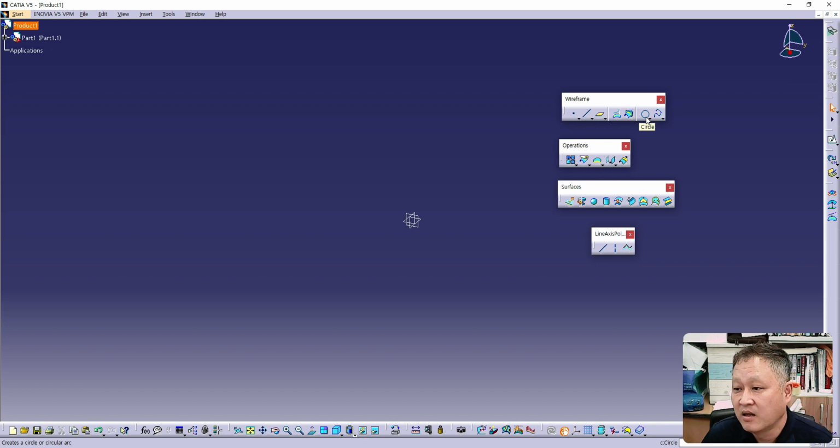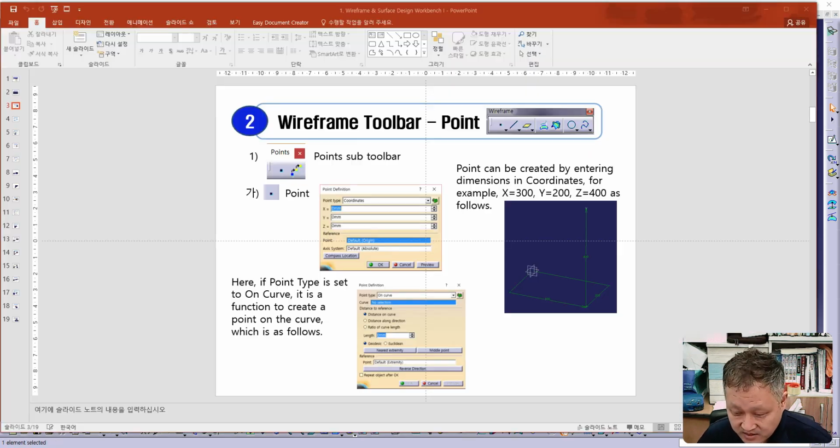The sixth one is for circle. You can make some circles, and later I will show you how to make a circle in this program. The seventh one is for spline or curve. And let's enter the lecture